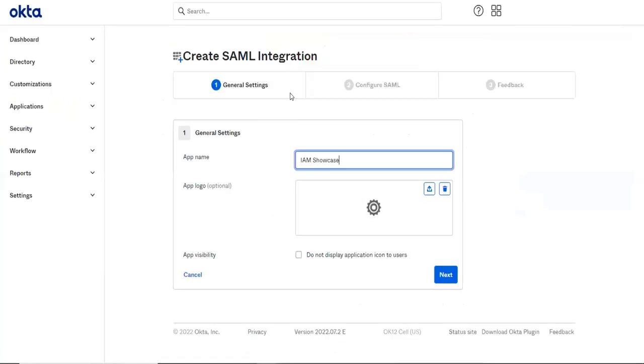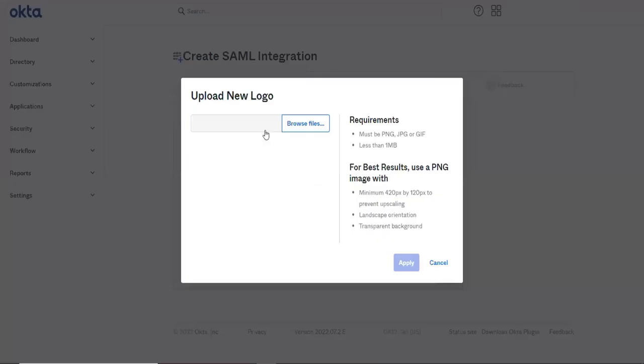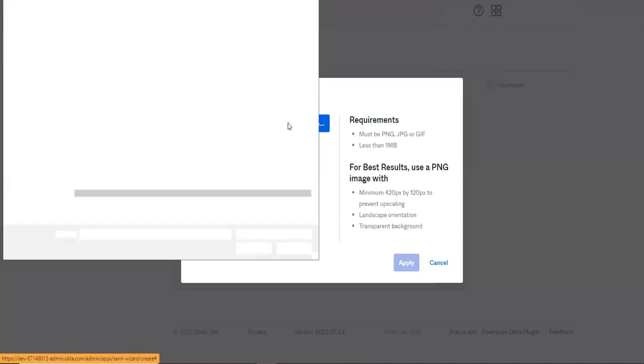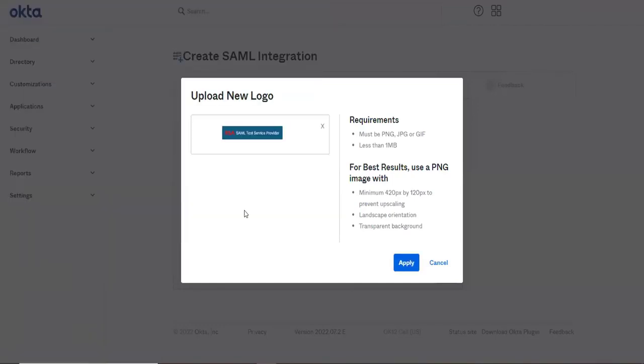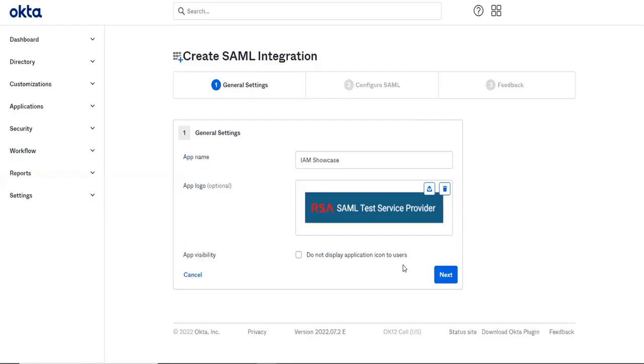I have saved this. Upload that image. So I have uploaded this image. Click Apply. OK.